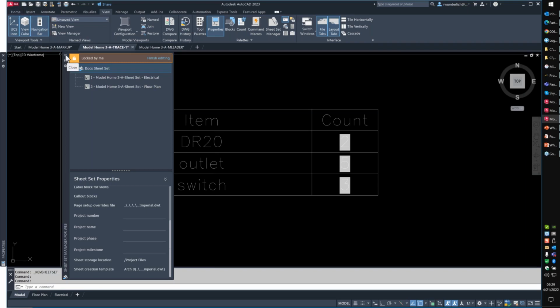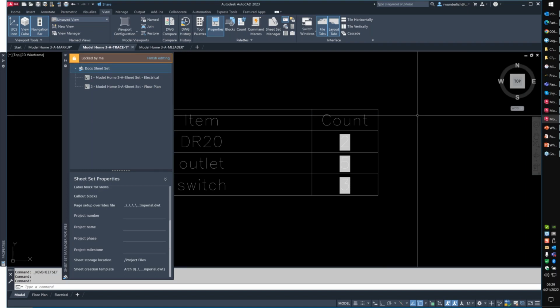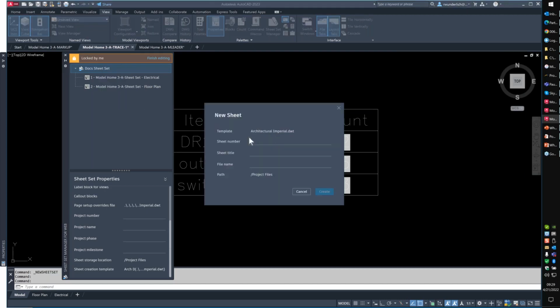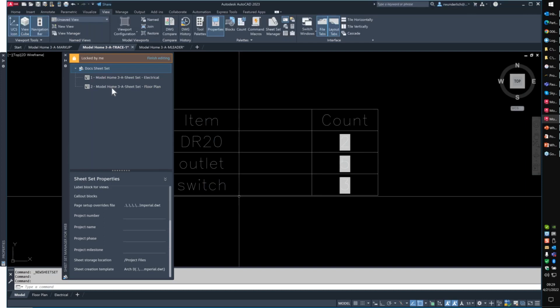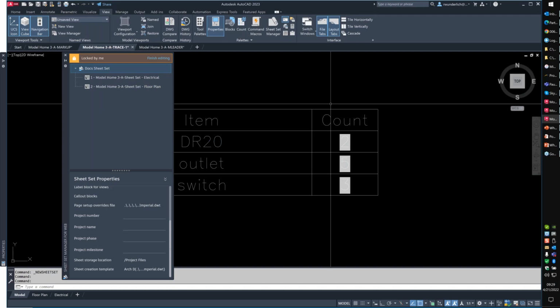Can you show how to add sheets in the light version? Same, right? As long as it's open by me, I can come in here and I can say new sheet. It's going to pop this open here. It's going to say, here's my template, here's the sheet number, sheet title here. I can do that. I can also come in here and add a new subset. And if I remember right,